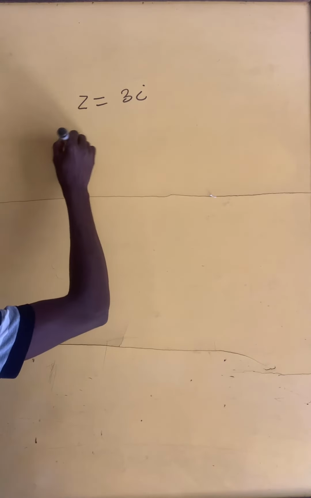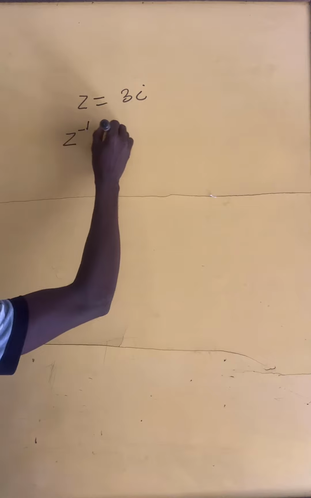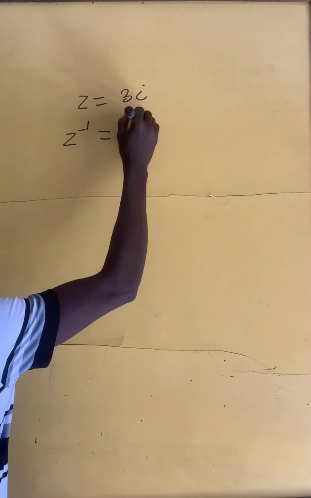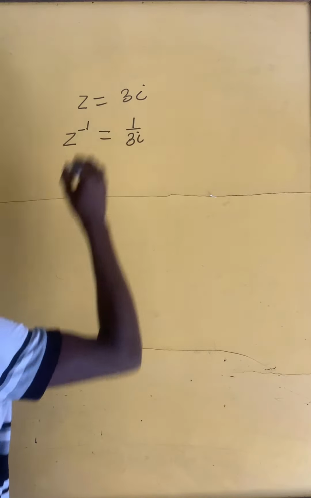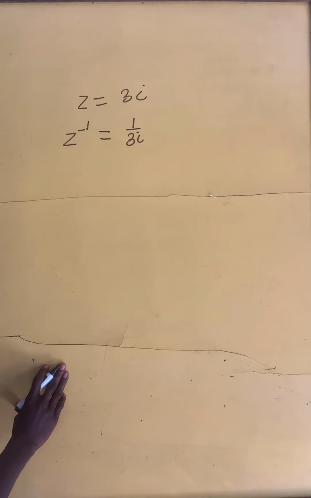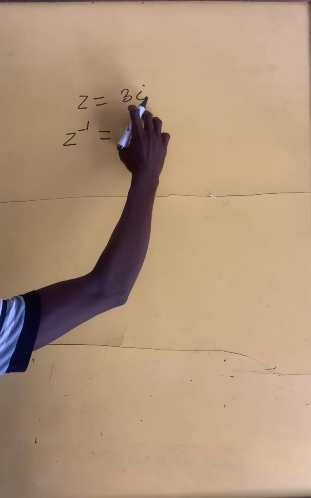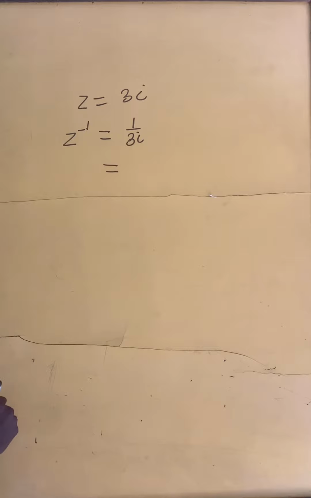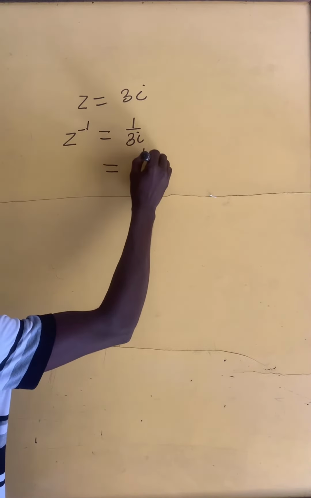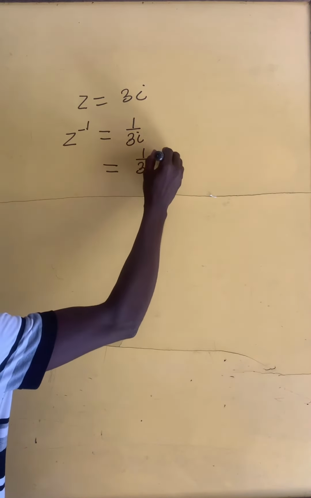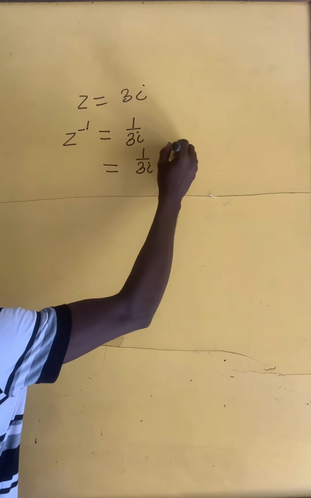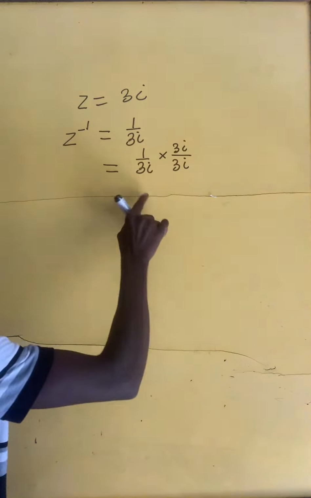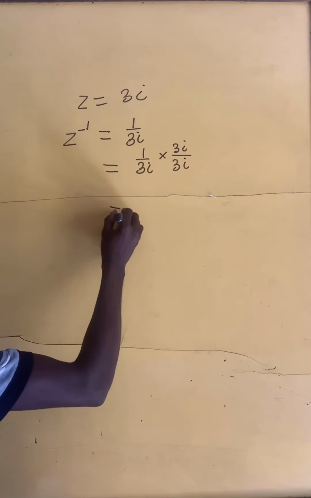So we have z inverse equals 1 on 3i. Very simple as that. But this 1 on 3i, we proceed by writing it as 1 on 3i times 3i divided by 3i. That is, we are rationalizing. So this will give us